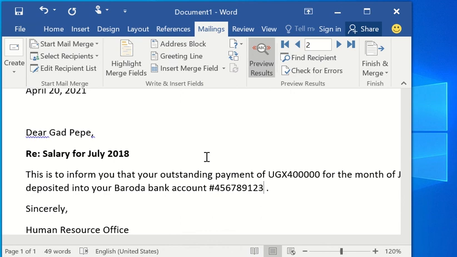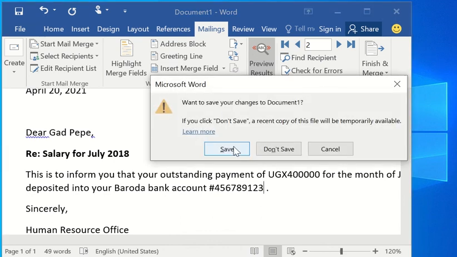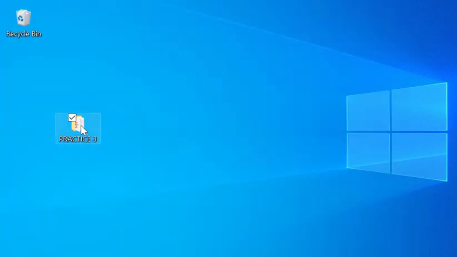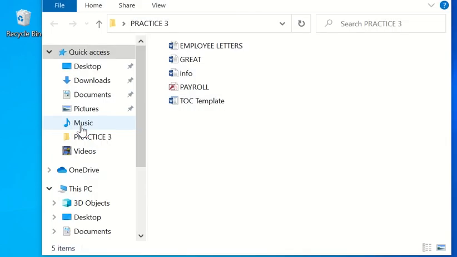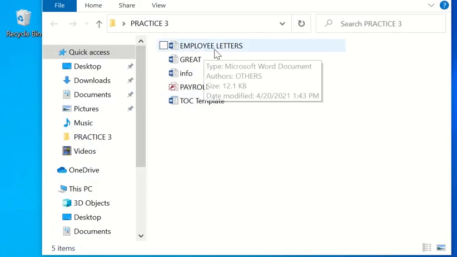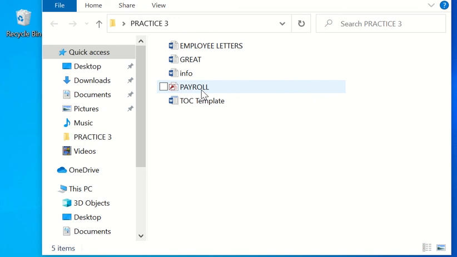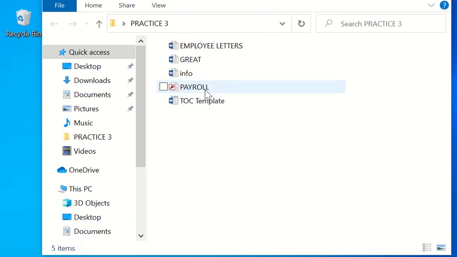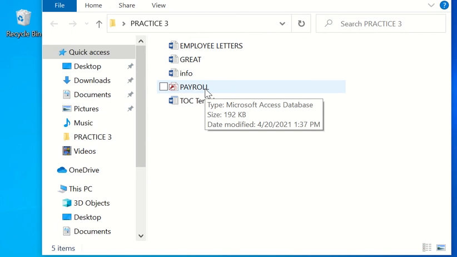I'm done with creating my letters, and I X out of this. It will ask me, do you want to save your changes? And I'm going to click the option, don't save. And when I click into my folder, just to make sure all my work is there, you notice that I have the employee letters and the payroll file too. It was created in Microsoft Access, and it is right in there, saved for me to work with. So that is all we are going to deal with